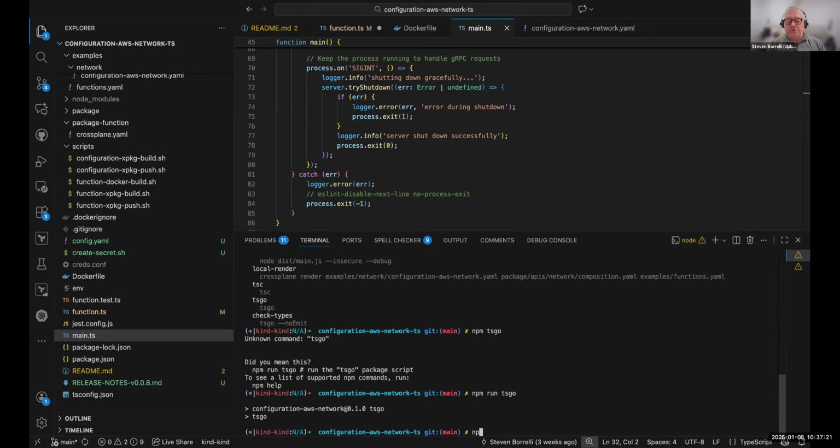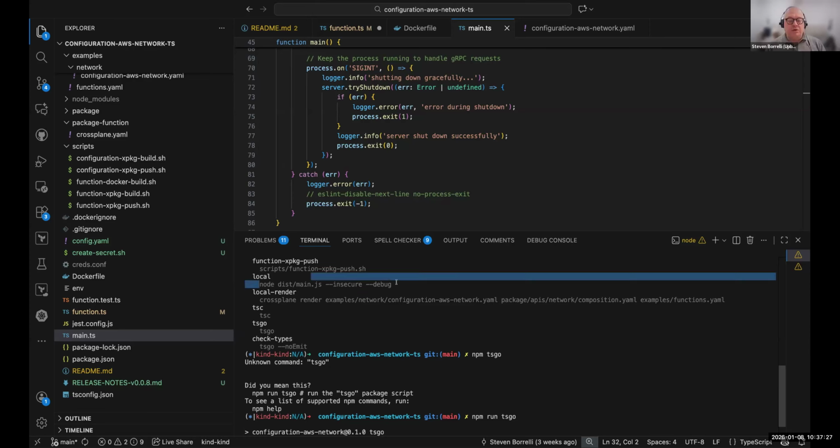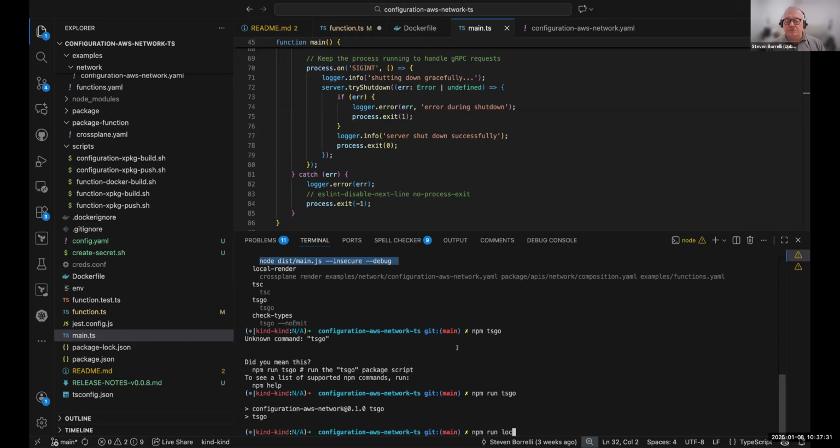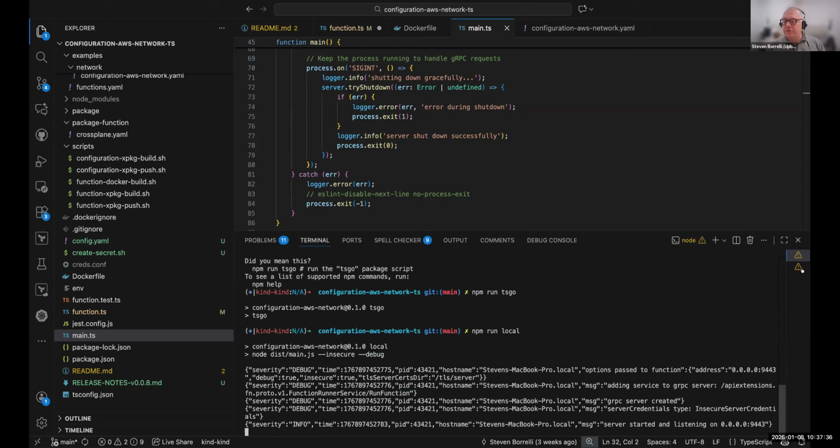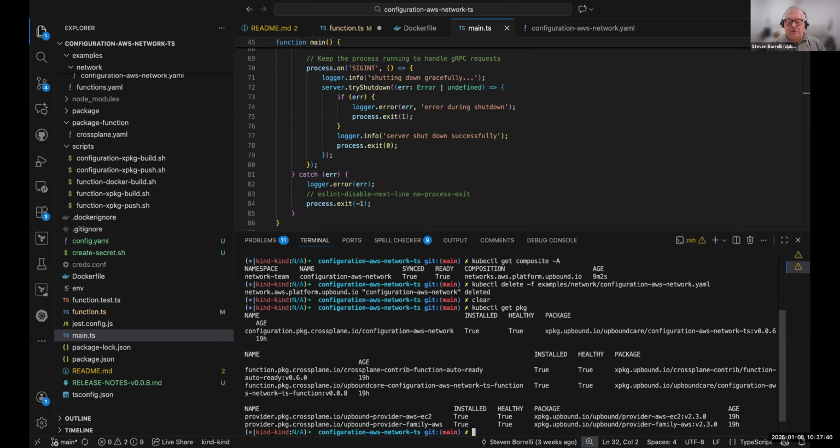Now we could run this. If I do npm run local, it's going to run the Node process locally. Right, so now you can see here, this is a function, and then in another window we could run npm run local render, and this will run Crossplane render.